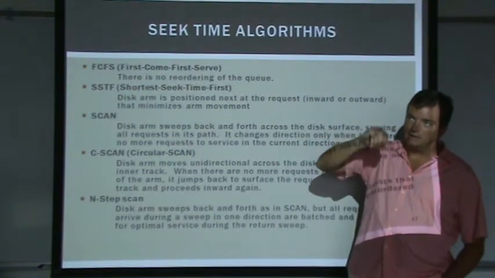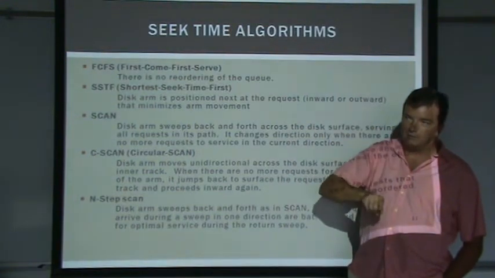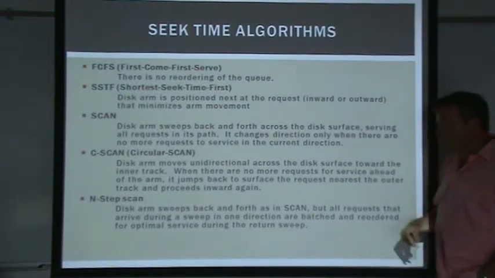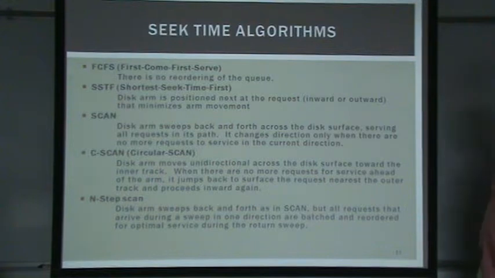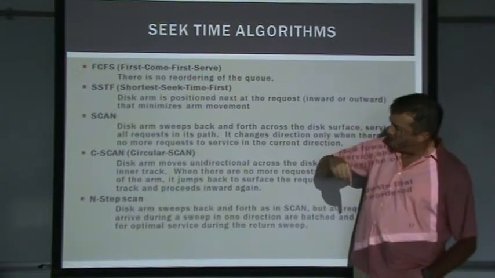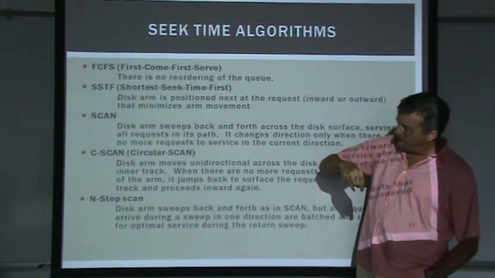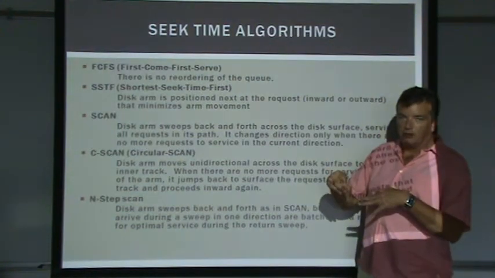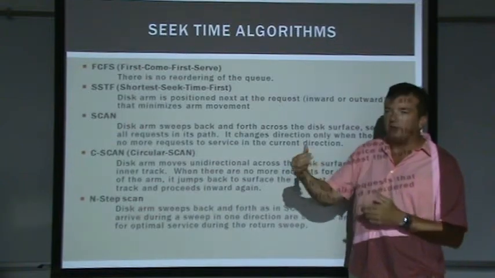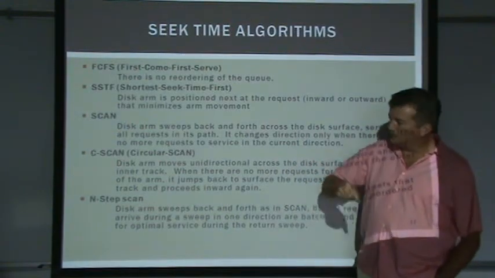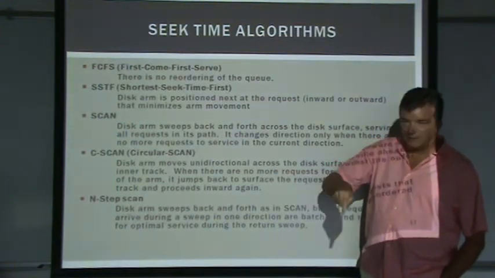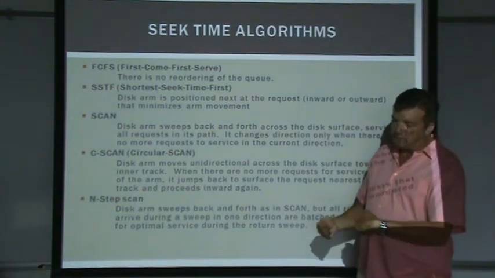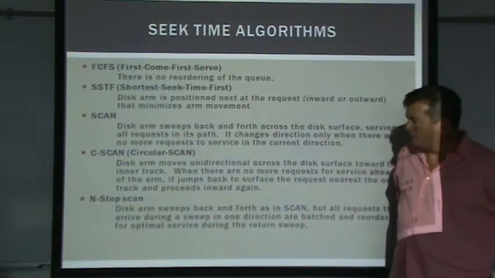This would be the analogy with the elevator. The elevator goes up to the top floor and then always goes down to the bottom floor and just picks up the requests on the way that are in the direction that the elevator is moving, or the read-write head is moving in. So the read-write head starts at the outermost track and works its way to the innermost track, and any requests that happen to be on its path, it will handle. Then once it gets all the way to the inside, it starts moving back to the outside and only handles requests that are on its path. The ones that have already passed it get queued up for the next time it sweeps by.